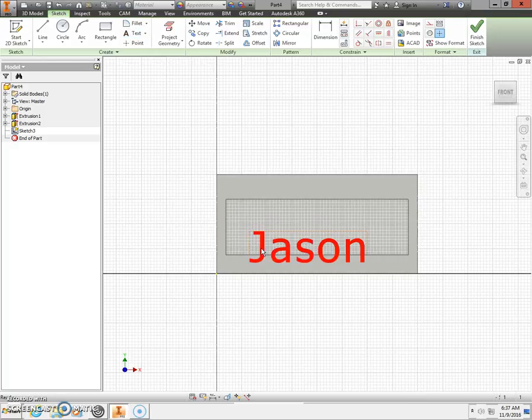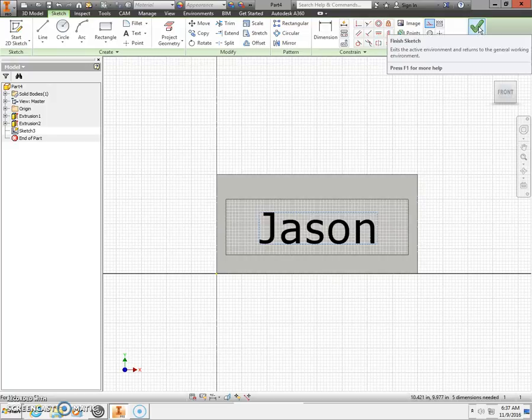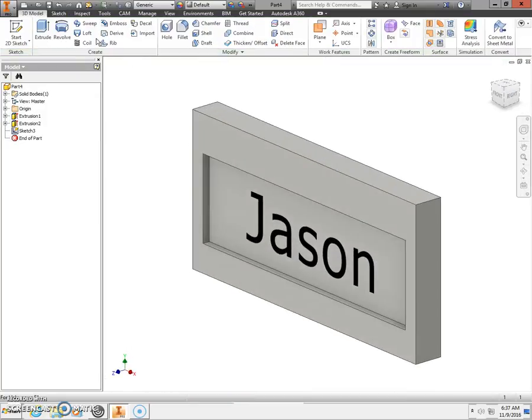And then I'm going to take my text and center it top to bottom, left to right on my block. And here I just place it in there to make sure that it fits. When I'm finished centering my text, I'm going to click the green check mark Finish Sketch,